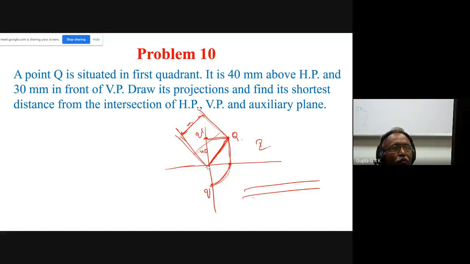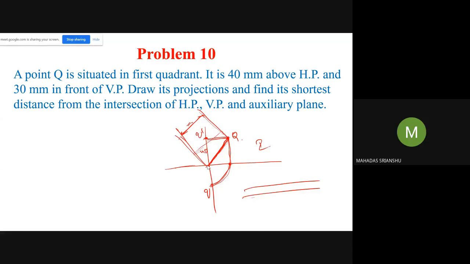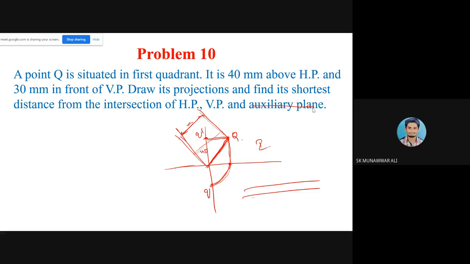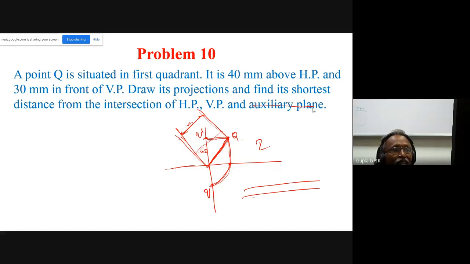Okay, these are all the 10 problems from your textbook only. You can see the textbook and find all the problems. Any doubts? Yes, sir. There is a mention of an auxiliary plane there. It doesn't matter, you can ignore that. Because two planes intersect at a line, right? The line of intersection is a line, and I cannot find the distance from that line. So to make it a point, he told that another auxiliary plane is there. All the three planes cut at a single point.